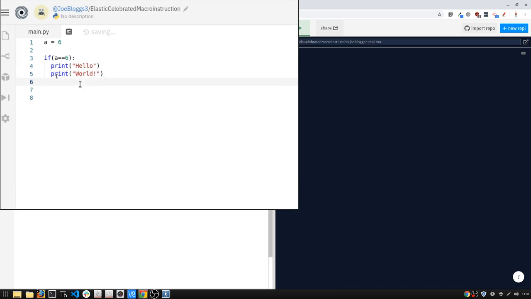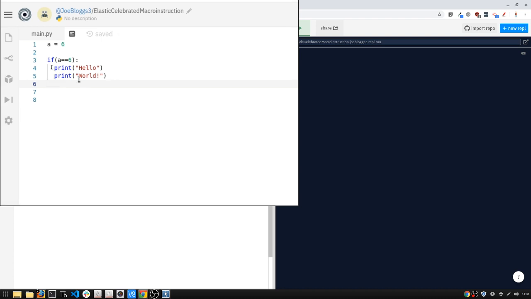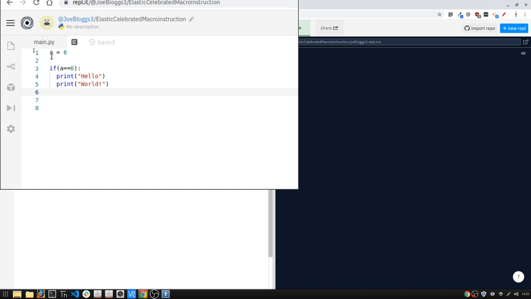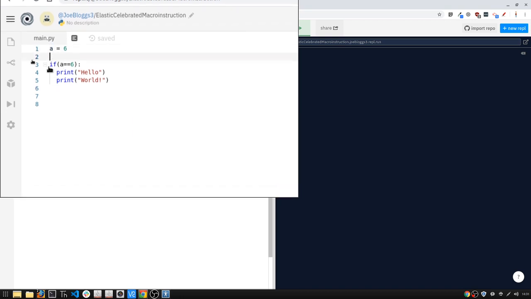So what's going to happen here is, let's read it from the top. So we're putting the number 6 into a, and then we're saying if a is equal to 6,